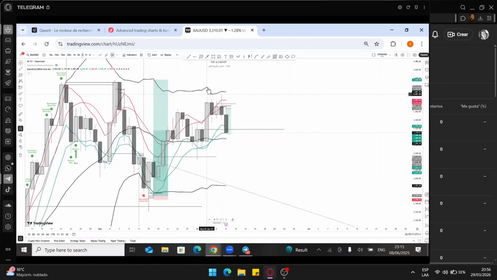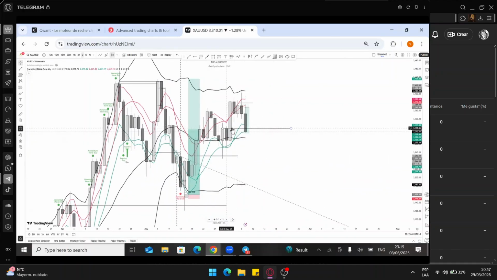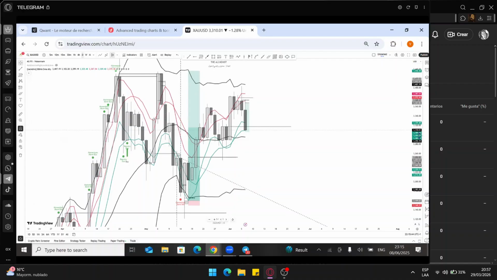This one, price closing above the moving average 5 and 10 high, is not yet a directional candlestick, because if it had closed above this upper Bollinger Band, we would call it a directional candlestick, a momentum candlestick, sorry, meaning we have more momentum to the upside. But we had just this one here. Price closed above this moving average 5 and 10 high, meaning price is going to retrace to this moving average 5 and 10 low, and we have a move to the upside. So I think on the daily time frame, price already got to that zone, which is at this